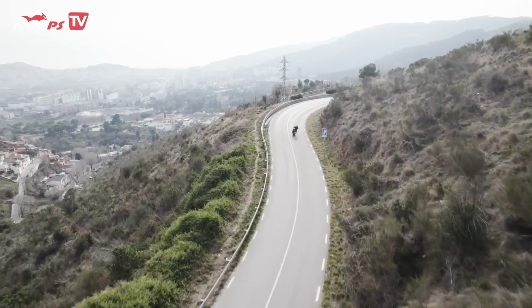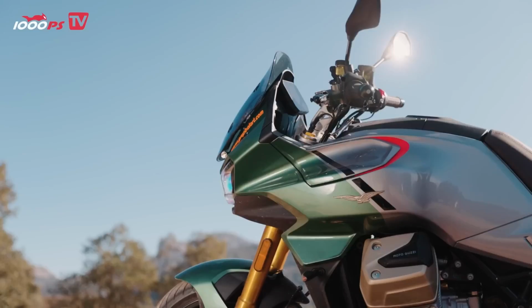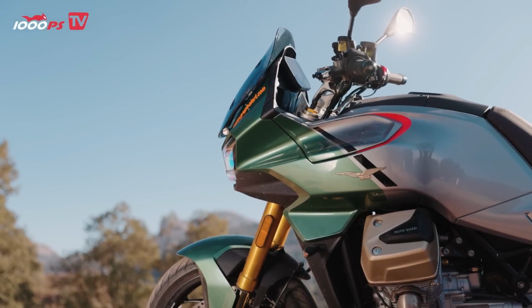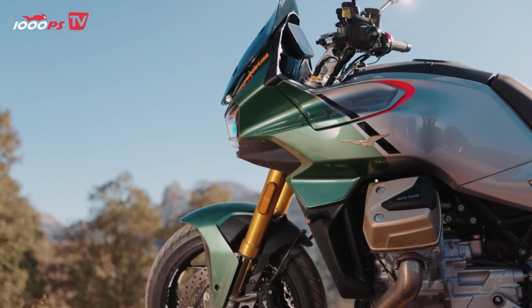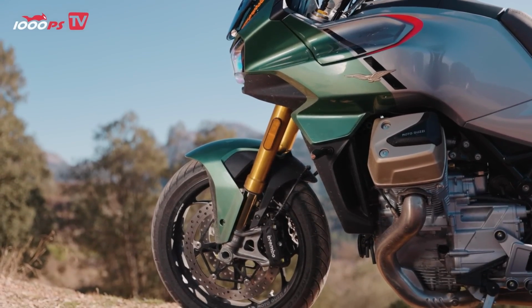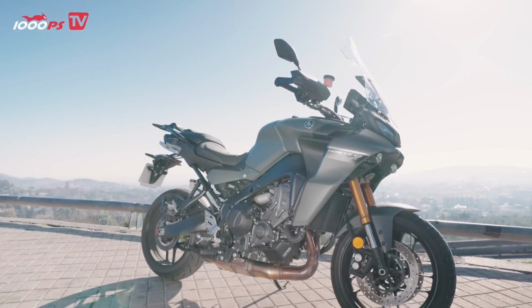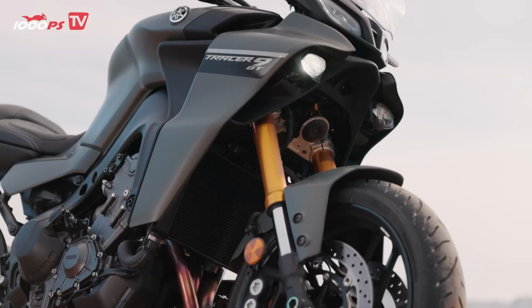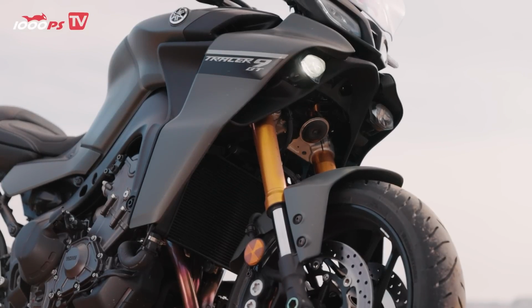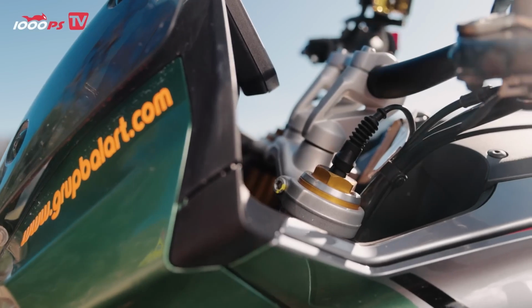When it comes to the suspension, there is no debate. Although both bikes use high-quality, electronically adjustable suspension components, the Öhlins system on the Moto Guzzi offers far more adjustment options than the KYB system on the Yamaha. On the Japanese bike, you can choose between a firmer and a softer setting, which should be enough for some riders. However, the Smart EC 2.0 in Swedish Gold can already tune the 2 available suspension modes,